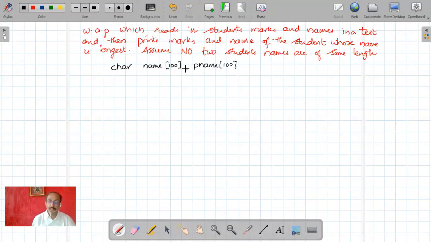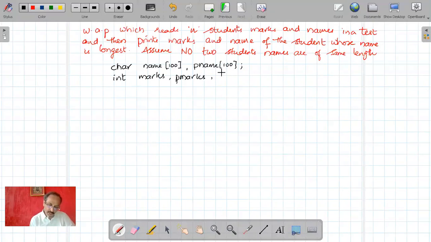And then I need to read the marks of the student. For printing, I'll copy the marks of the student whose name is longest. So for that, I'll use pmarks as the marks.